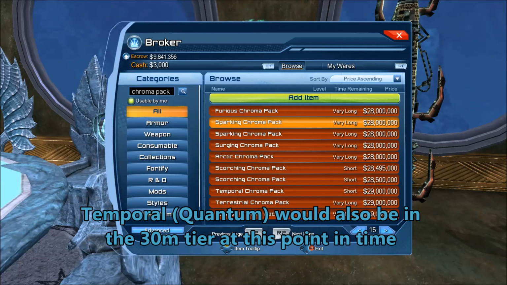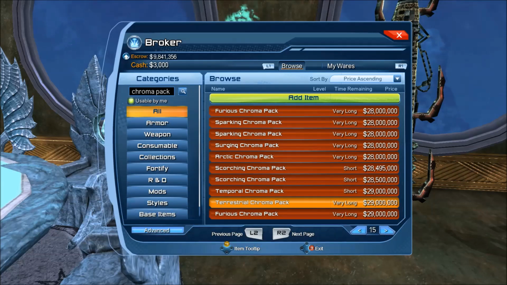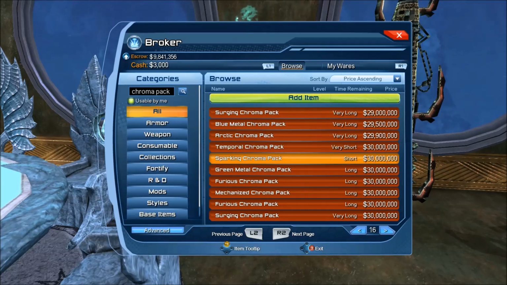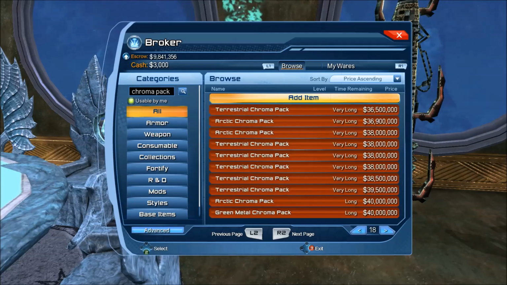Because if you just look at the lantern powers alone, I would think more people play green than red, just because Green Lantern is the one that they market a lot in DCUO. Yep, so more of the same in the 30s. Then you're gonna see a big jump